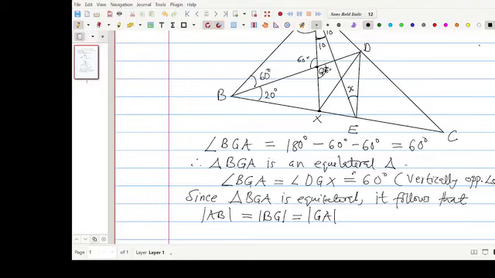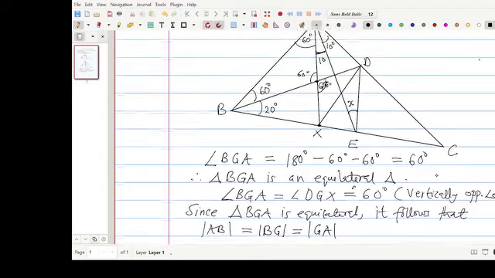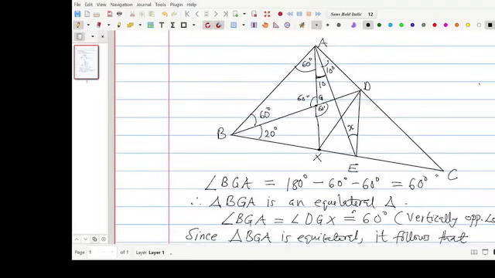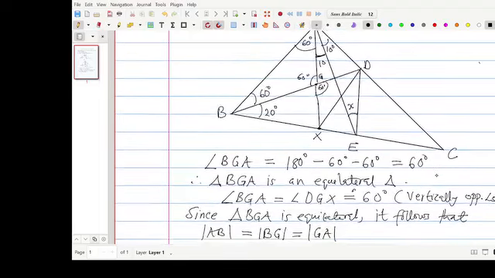Now we want to consider two triangles. Now let's look at these two triangles, BGX. Can you see BGX? Hope it's clear to you. Let me remove this. So connect this to this and this to this. This point is G. All right. This G, and here is also 60 degrees. Now let's consider two triangles. We're considering BGX and AGD. All right. Let's consider these two triangles and see what will happen